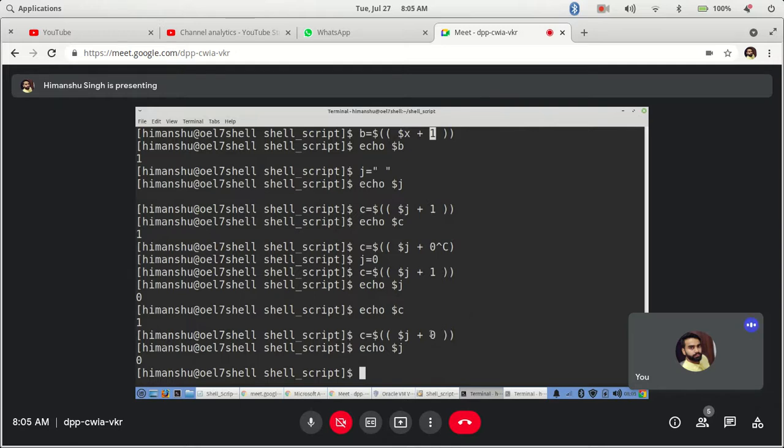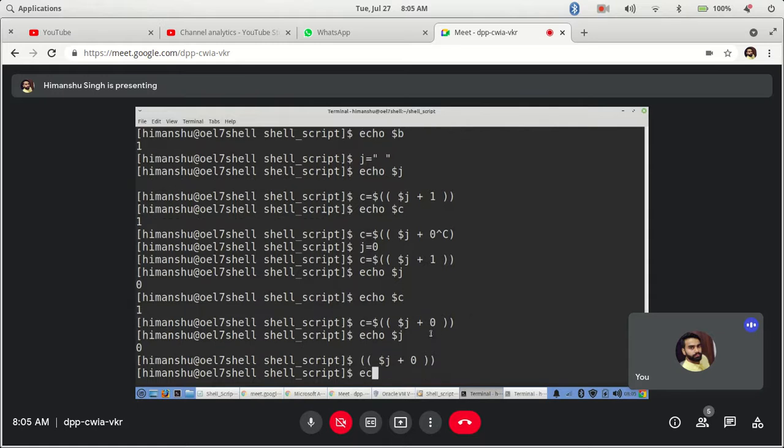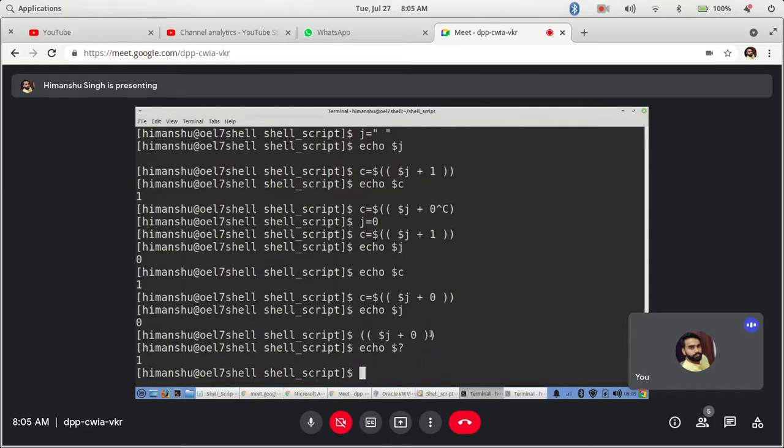And even let's say I'm not storing it in a variable. If you do echo dollar question mark, you will get some 1. But let's say the same way if I was defining j as something else.